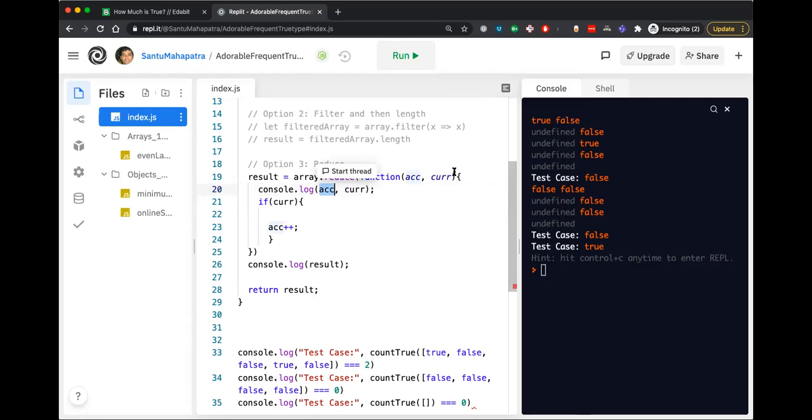Instead of this accumulator, we can assign an initial value to the accumulator. Will this work?